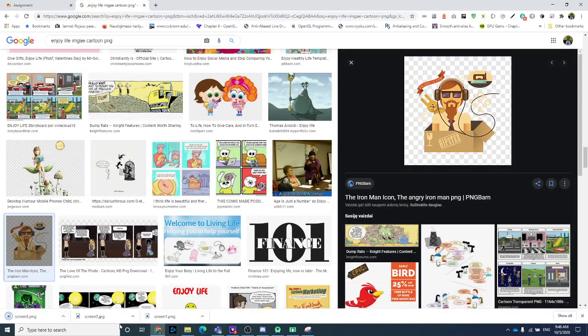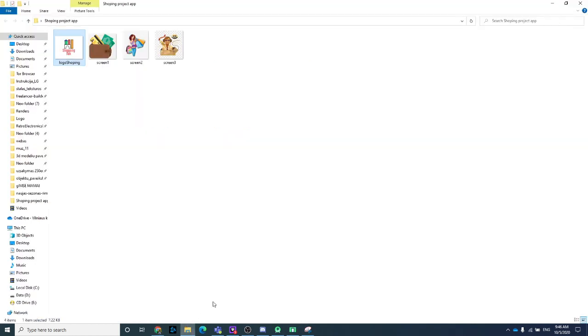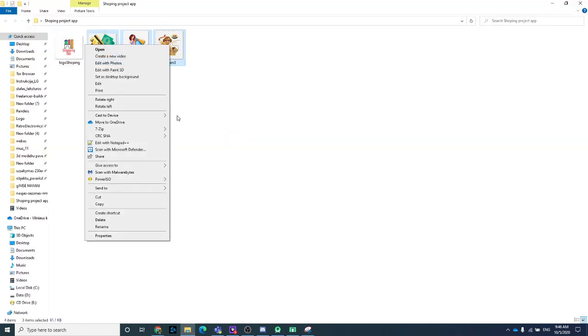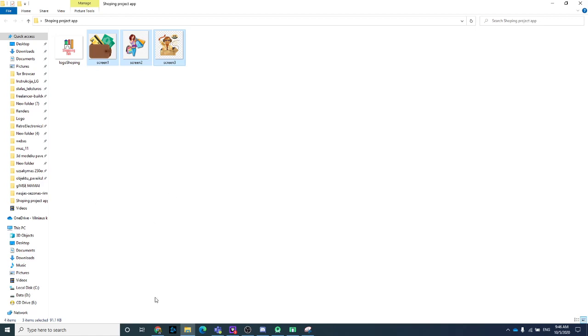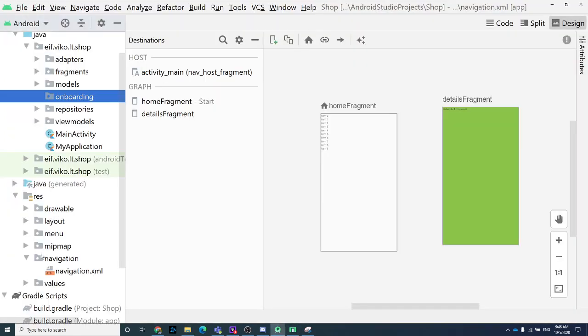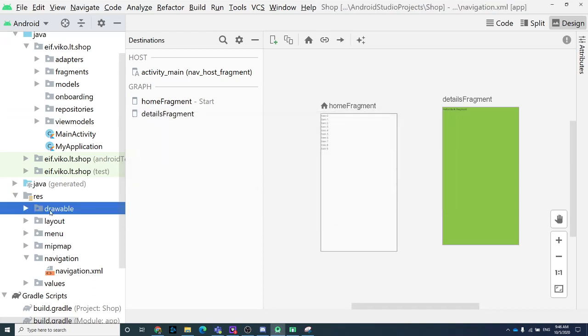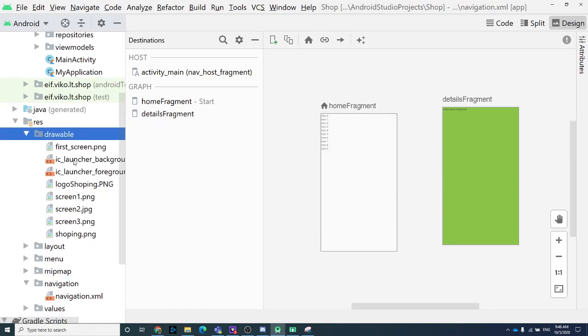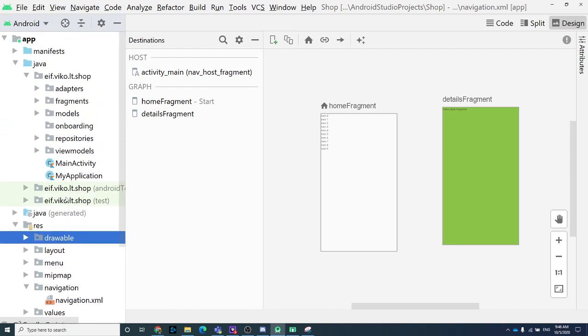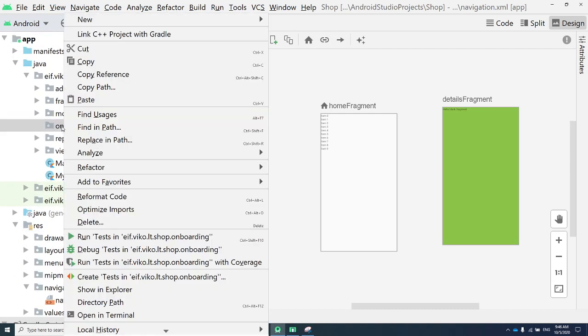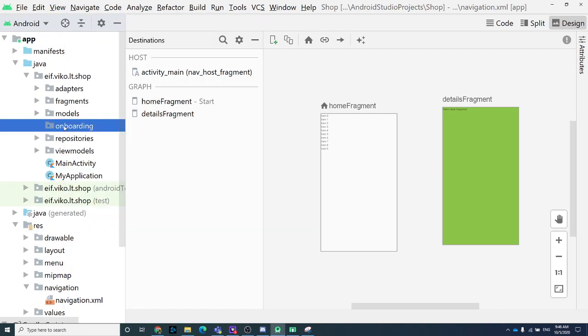Okay, we have all the onboarding screens. We have the logo, and we need to copy those to our project. And to drawable package, and after this we have our images for the whole task. And onboarding, we need to create our first two things here. First we need a